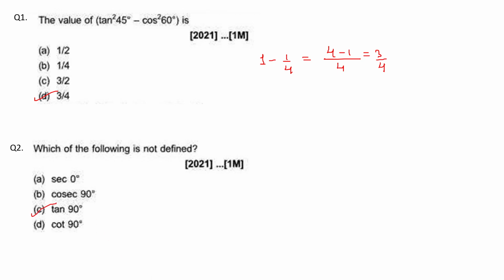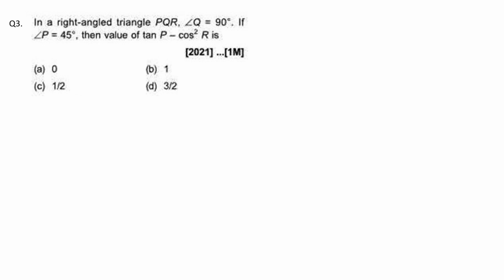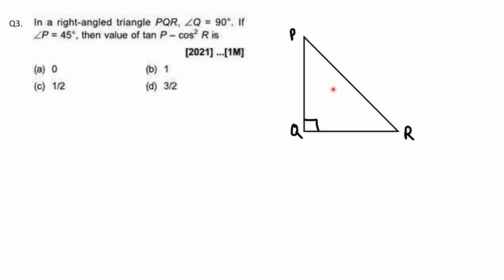Now third question. Question 3. In a right angle triangle PQR, angle Q is 90 and if angle P is 45 degree, then find the value of tan P minus cos square R. So here is the figure. Angle Q is 90 degree and it is given angle P is 45 degree. So if angle P is 45, using angle sum property, if you find angle R will also be 45 degree. Okay. So tan P means tan 45